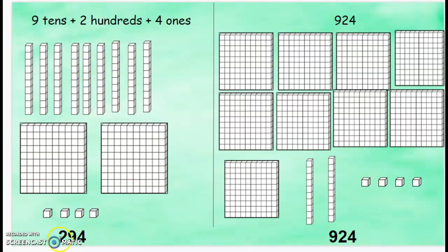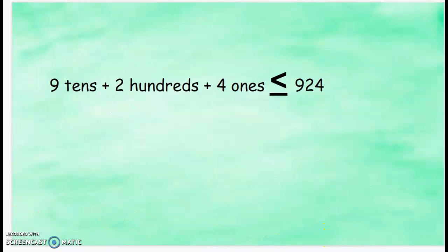So then you would see the number 294, not 924. So you have to be very careful that you don't let the number trick you just because it's written out of order. So 9 tens plus 2 hundreds plus 4 ones is less than